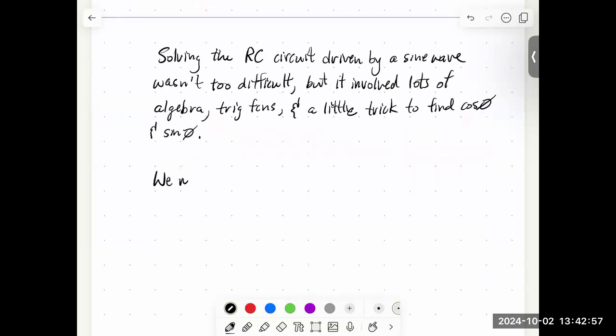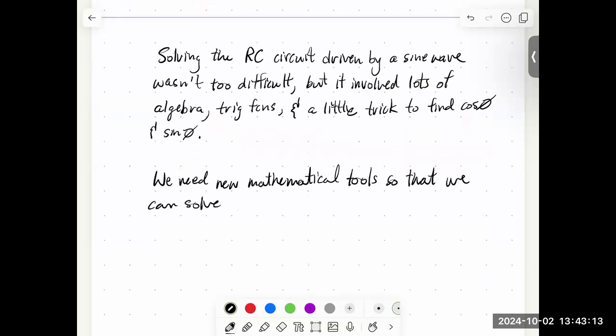So we need some new mathematical tools so that we can solve these types of problems more efficiently. Okay, so I can tell you now that the kinds of things that we're going to do are,